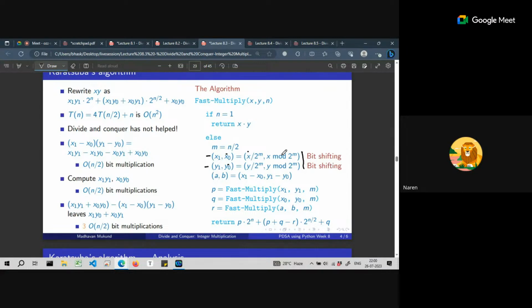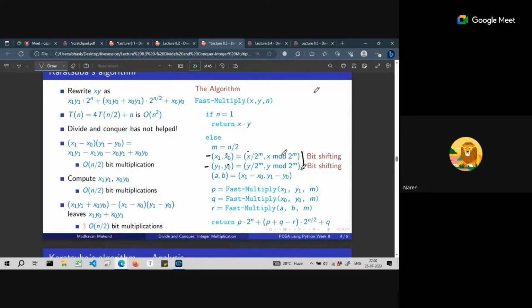10 power m is n by 2. We will keep it as n by 2 itself. Instead of base 10, here we are using base 2. So first number we will get on the left hand side should be for the floor division, and the right hand side, for example, the last is